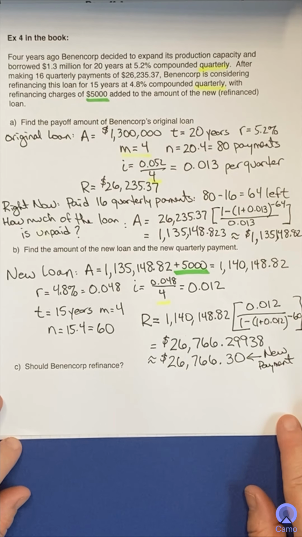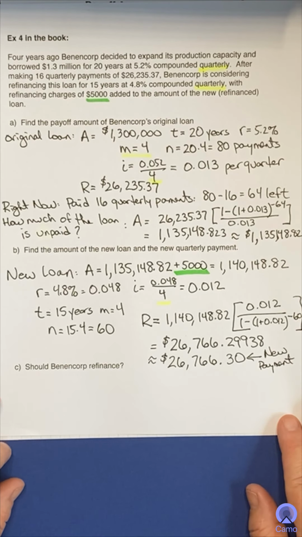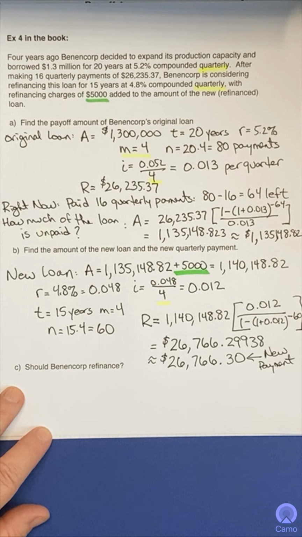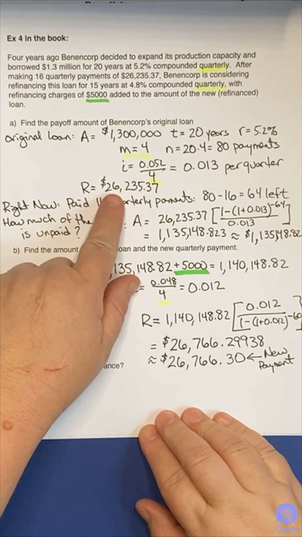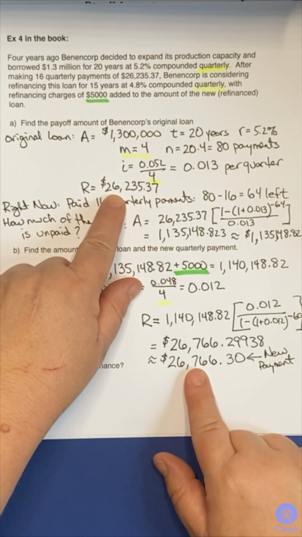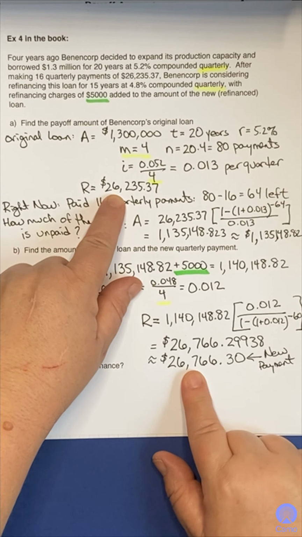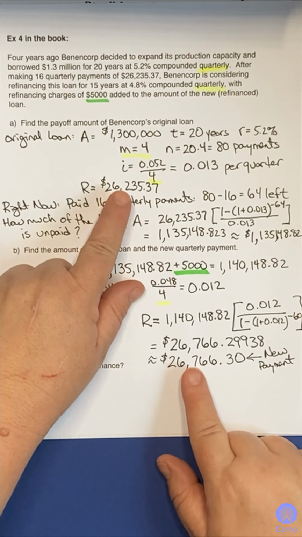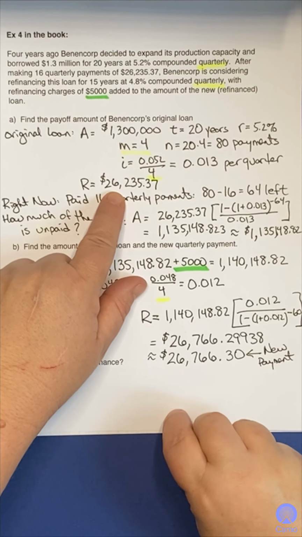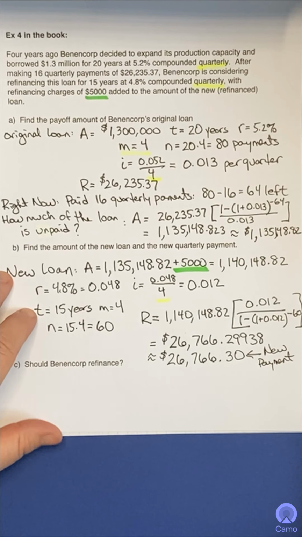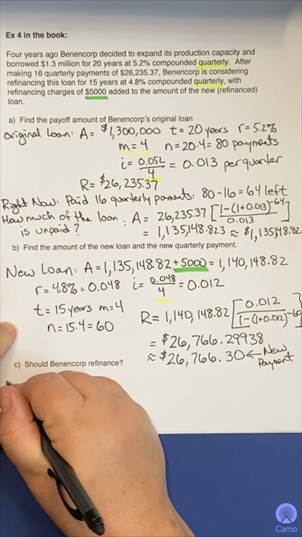Should they refinance? And as we look at it, you could make the case that no, they shouldn't. You could make the case that, look, this is how much they're currently paying per month, and this is their new payment. And you could say, wait a minute, that's a whack ton. That's over $500 extra per quarter. That's some money. So you could say, we can't make this switch because we can't afford that increased payment. Okay, that's one possibility. Another way to answer it is to say, okay, well, the original loan,